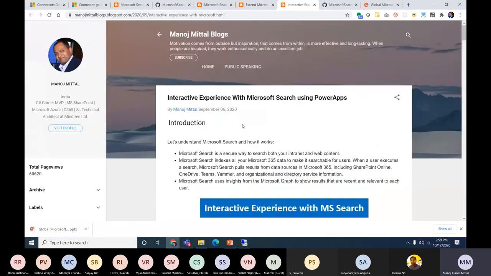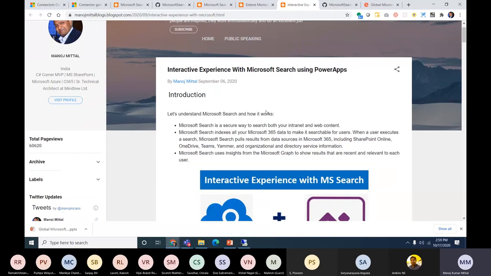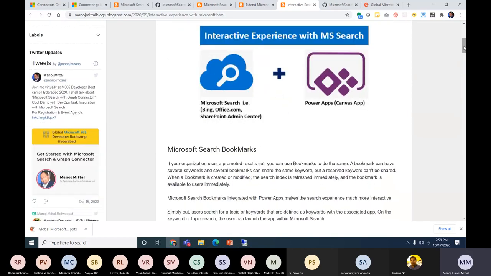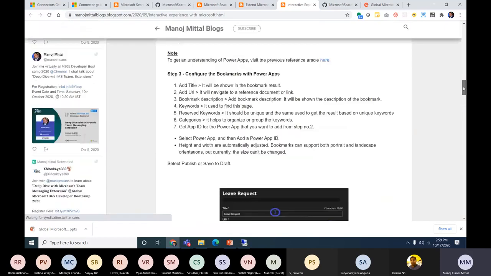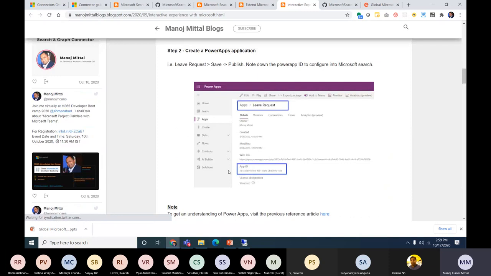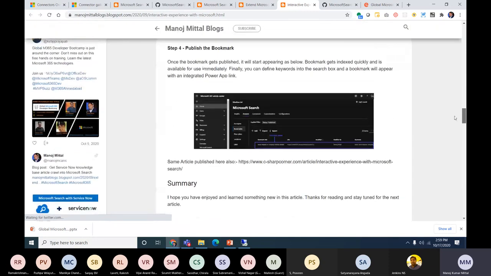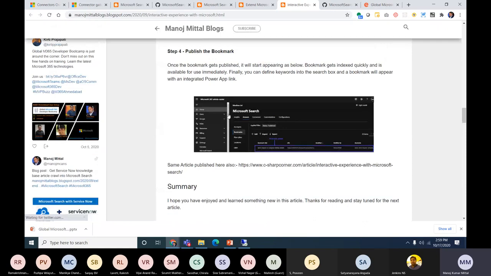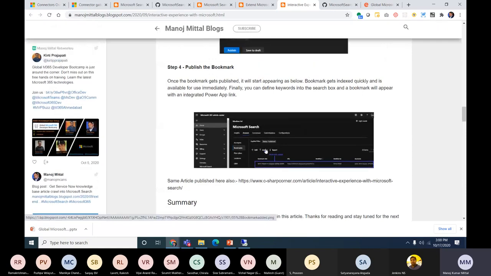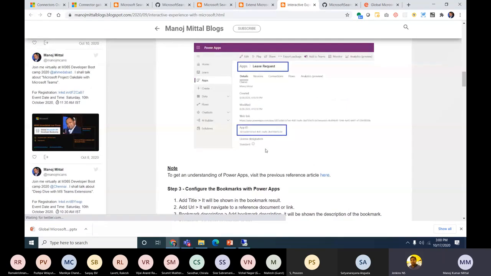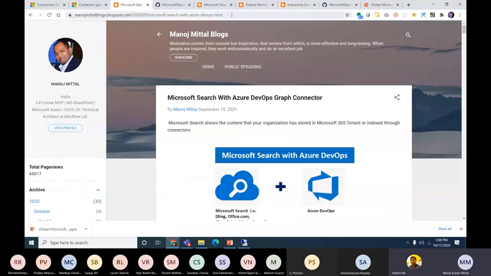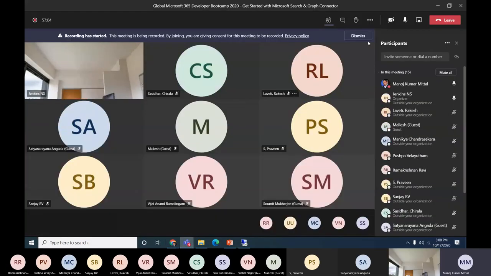Last one, the interactive part like Power BI we used, the Power Apps: how the Power App sections will show the results. I will just scroll it down. This is my Power App application where the app ID exists. We can use this Power App ID, and how we can use these applications, the bookmark section. Okay, so I think that's all from my side. If anyone has questions, I will be happy to take them.